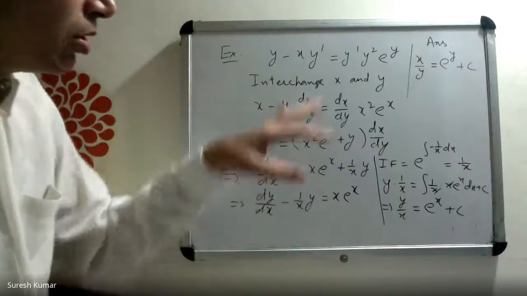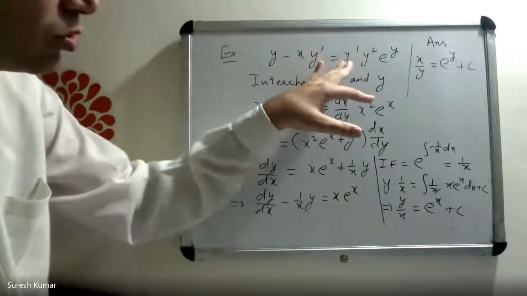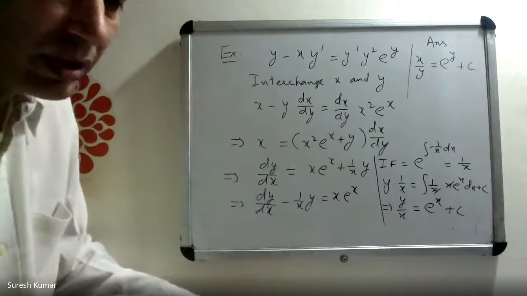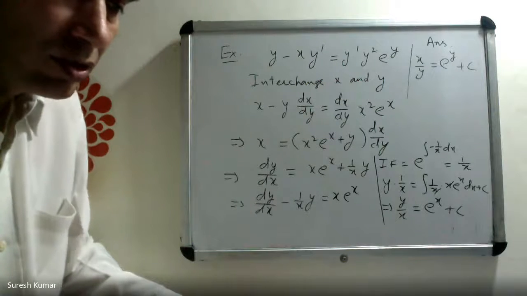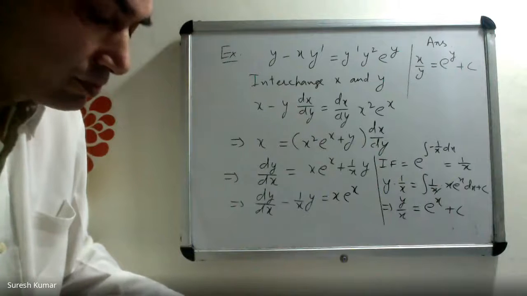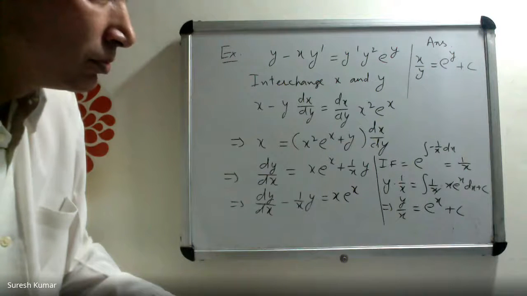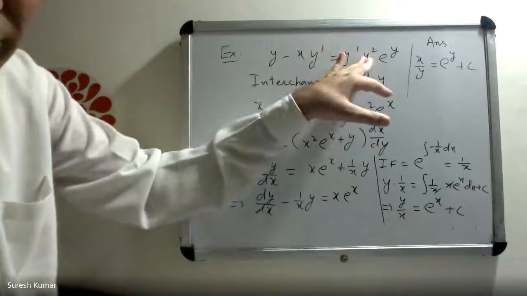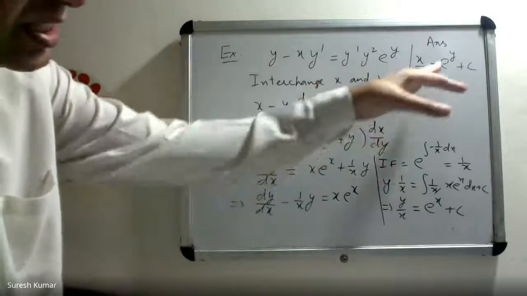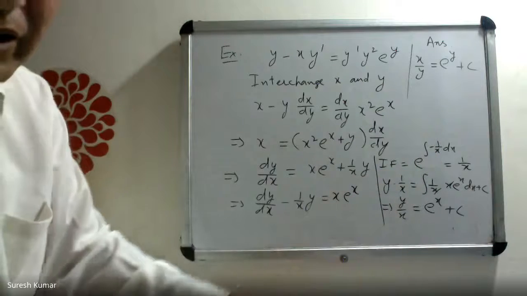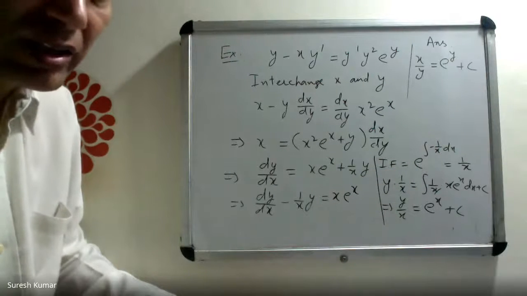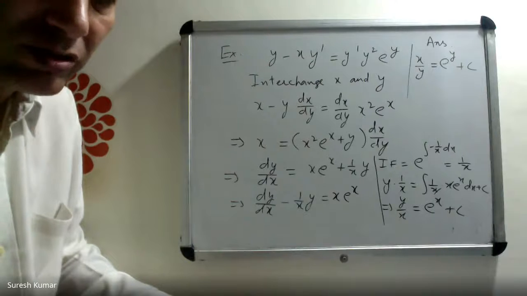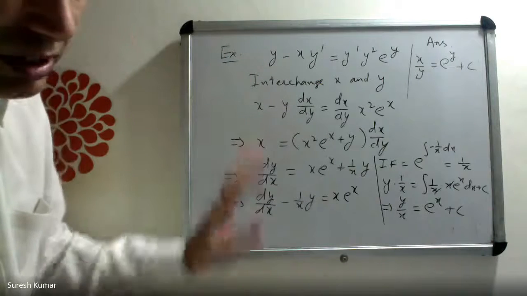Sir, how did you think of interchanging x and y as a method for solving this equation? Because in the usual way, if you try to separate y prime, you will see that it's not linear in that form. There could be another approach also to solve it. You may create some exact differential of x or y, but because I asked you to solve it using linear differential equation, this is the way to do it.